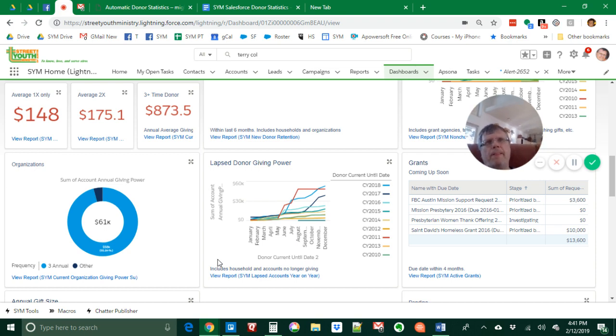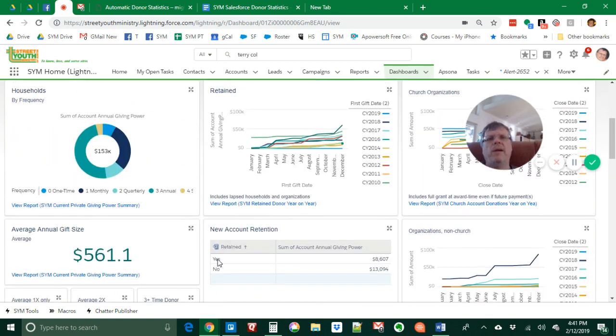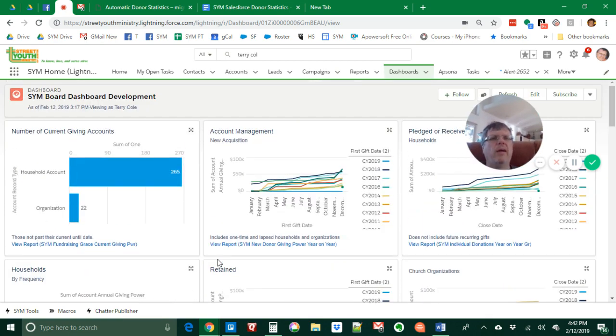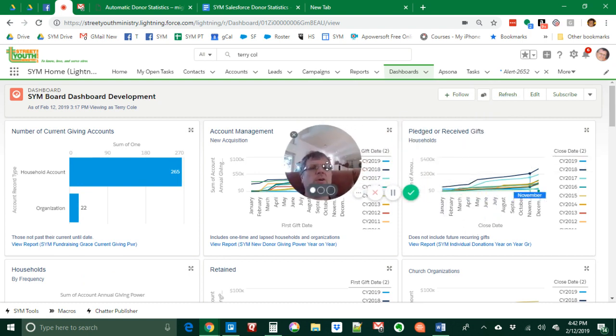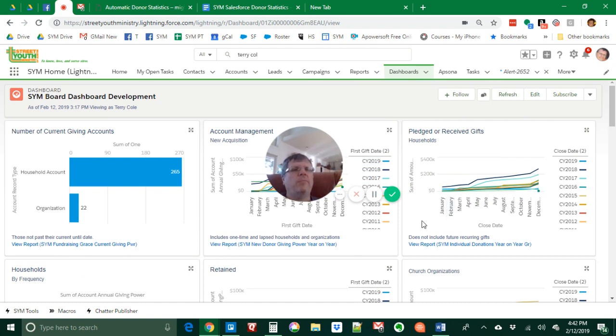I think these donor statistics that are automatic are perfect for a nonprofit that is quite small. We have essentially one part-time development person really, and it's me, and I focus on these charts, and I get some help when I need help, but we can tell what's going on, and we can monitor that we're doing better each and every year, as evidenced, in fact, by this graph over here, which shows household pledged or